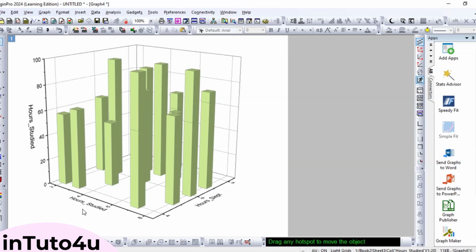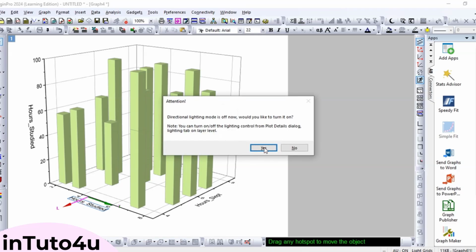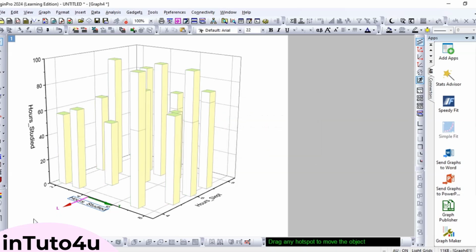I also like to add clear axis titles and a professional font so the graph looks ready for research or presentation. Finally, I increase the resolution so the graph doesn't just look good on screen, it looks great when you